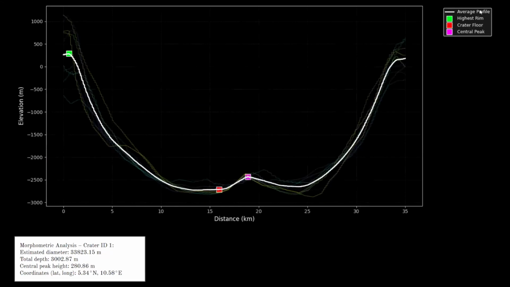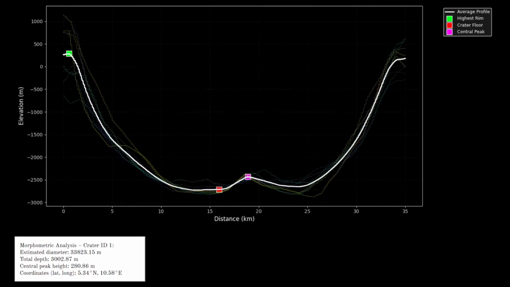Here we have this image that shows exactly this new adaptation of the toolkit with the average profile. This is literally a screenshot from my screen showing how the toolkit will run. Here I have 10 profiles of Halloumi crater. In white we can see the average profile of Halloumi crater. We have the